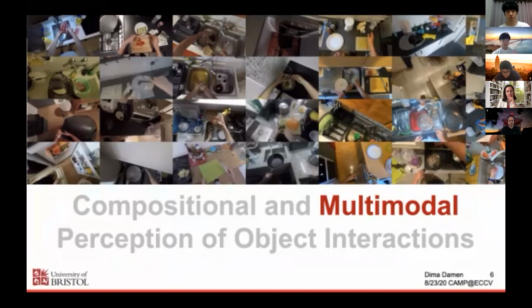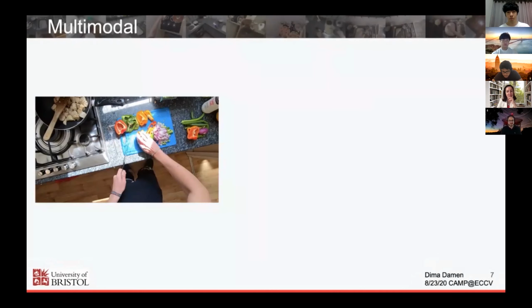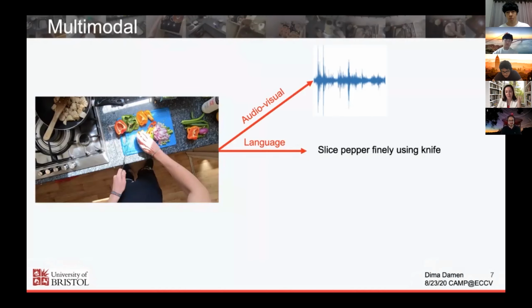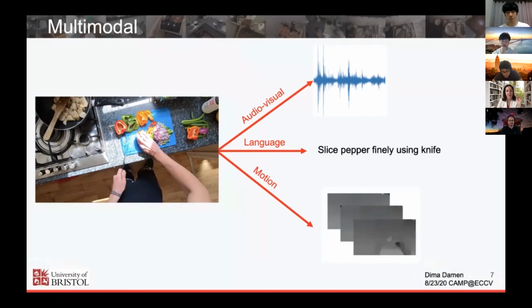What do we mean by multimodal understanding? This is quite an overloaded term, the term modality or multimodal. Some people would say multimodal would be audiovisual, and you've seen Kristen's talk and all the notions of audiovisual perception. Some people use the term language as this additional modality, so they would say vision and language is multimodal. There are also uses of multimodal when it comes to different projections of the video itself. So if you project the video into appearance and into motion, people also call this multimodal. So this is a heavily overloaded term currently in our community.